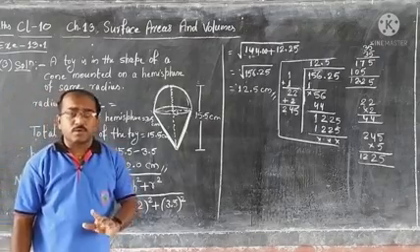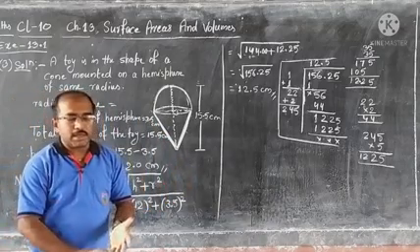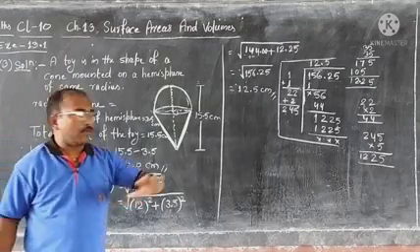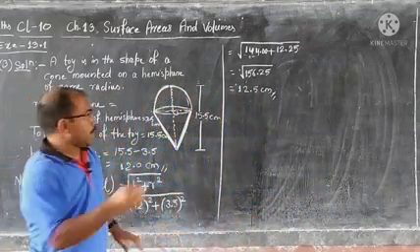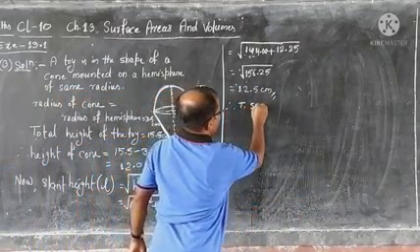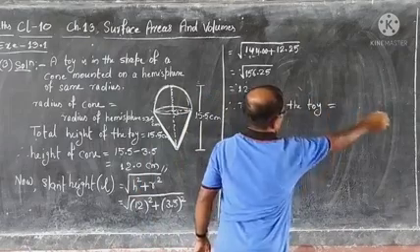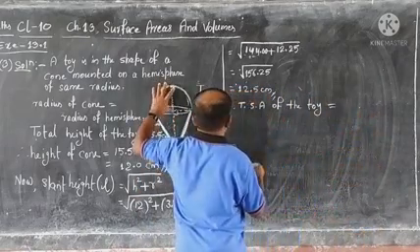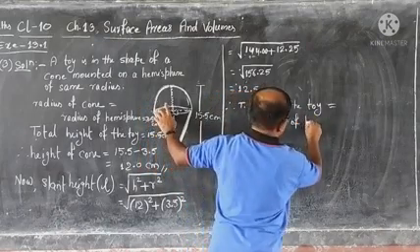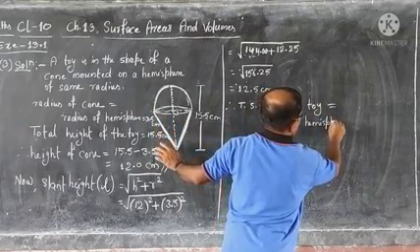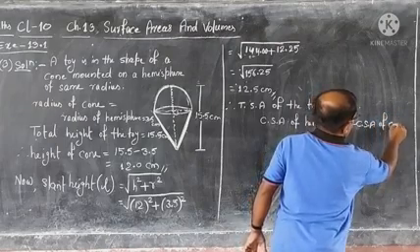And now, what we need to calculate is the total surface area of the toy. Whatever we need, radius and slant height, everything we have calculated. We will go for the final step. This rough portion I am now cleaning. So, now we are going to finally calculate the total surface area of the toy. Once more, the toy is in two shapes. First, we can write curved surface area of hemisphere plus curved surface area of cone.